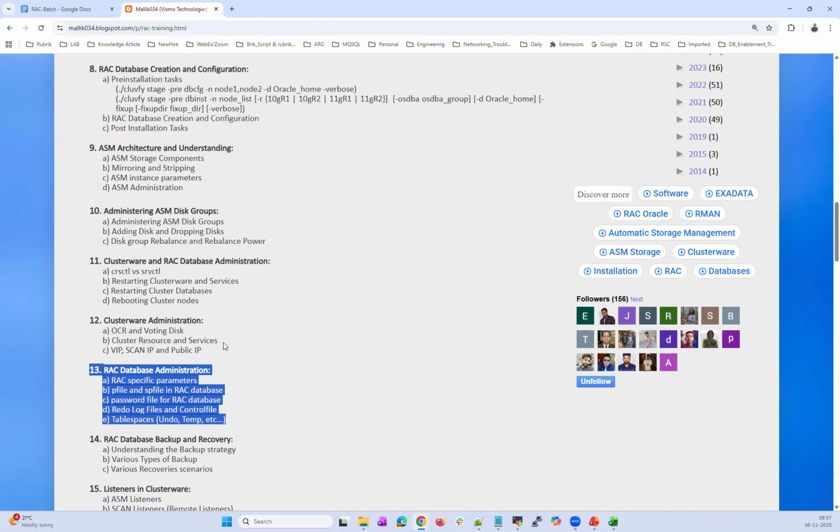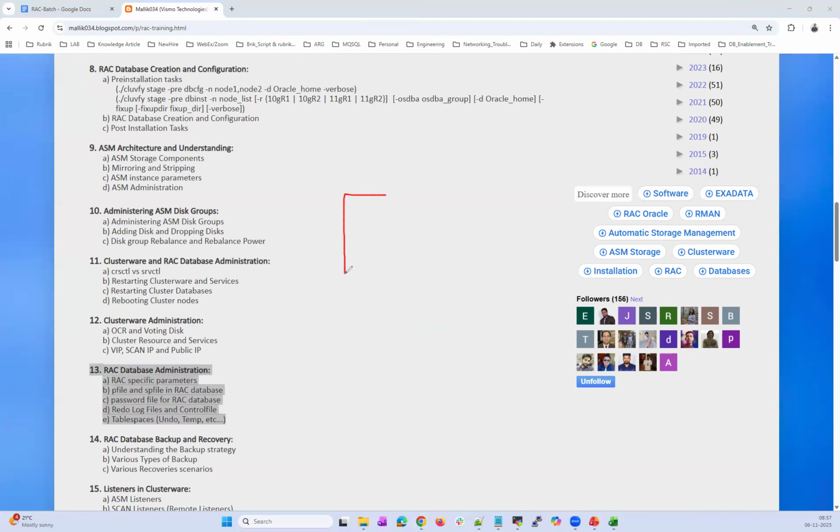We'll follow that one. And at a high level, if you talk about RAC, in simple terms, if I want to define a RAC cluster, it's a combination or grouping of servers where database instances will be running on top.